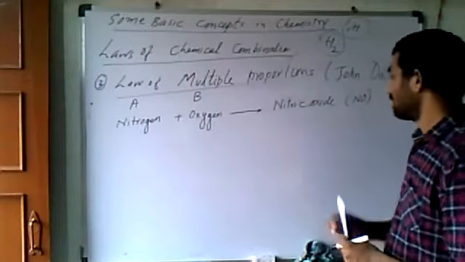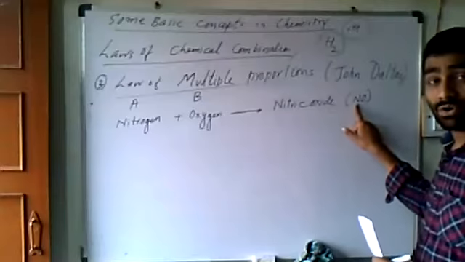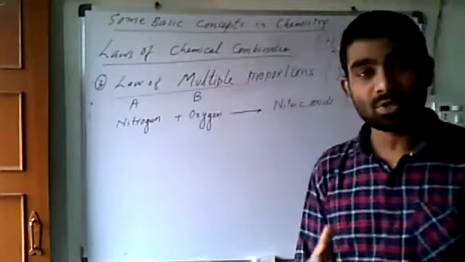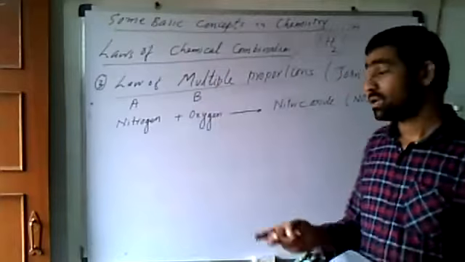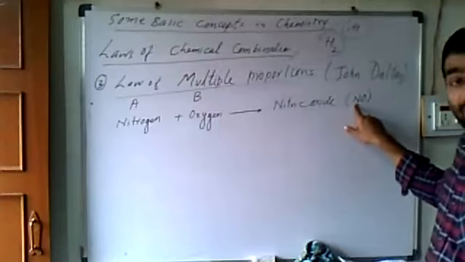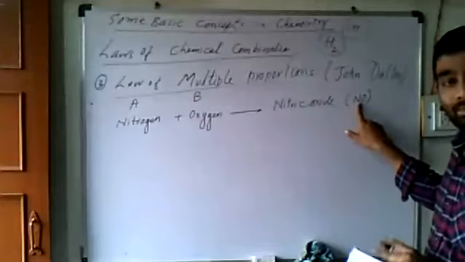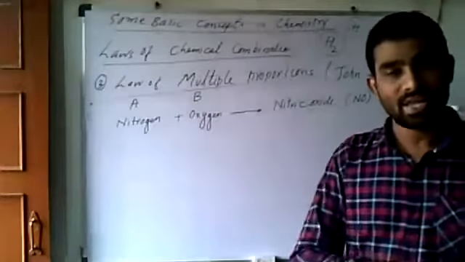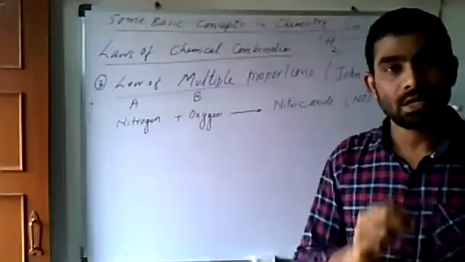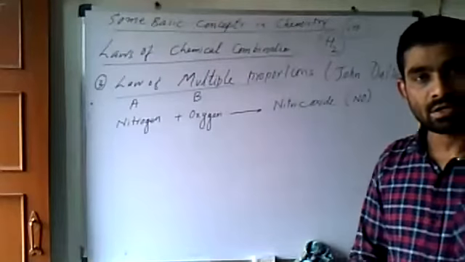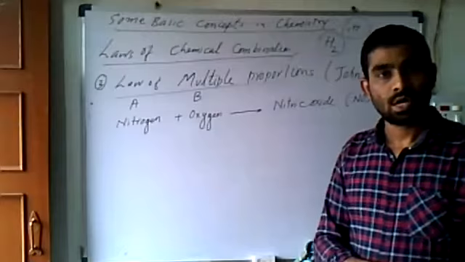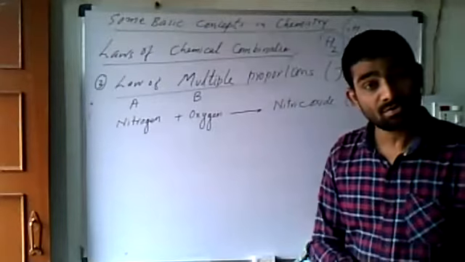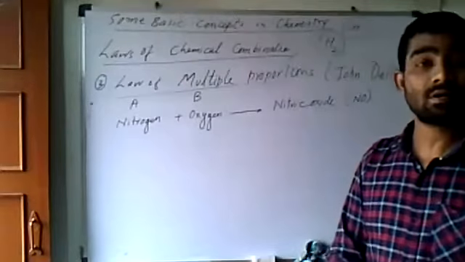Let us go on to assign the mass, because this law of multiple proportion depends on mass. So what is the number of nitrogen here? One nitrogen, right? And how many oxygen? One oxygen here, right? Now the most important point is, being a student of junior college, you must know the elements from 1 to 20 minimum, with their symbols, their atomic number and atomic mass.